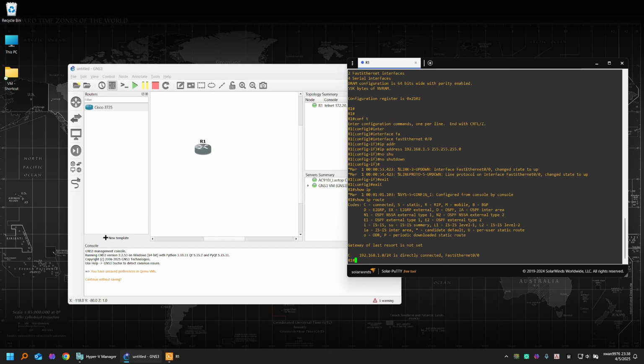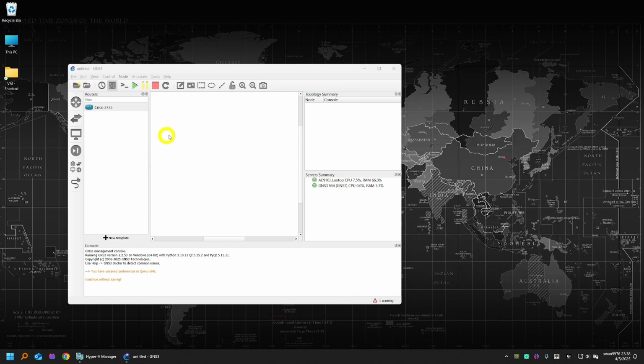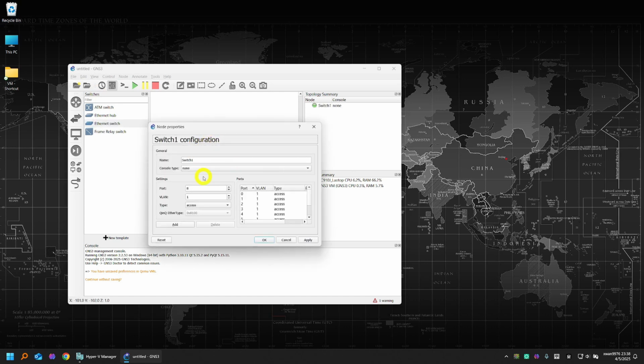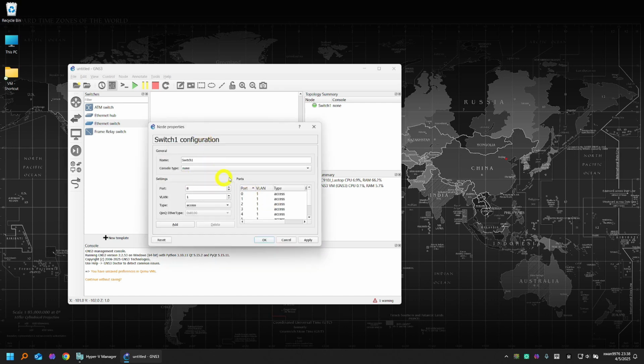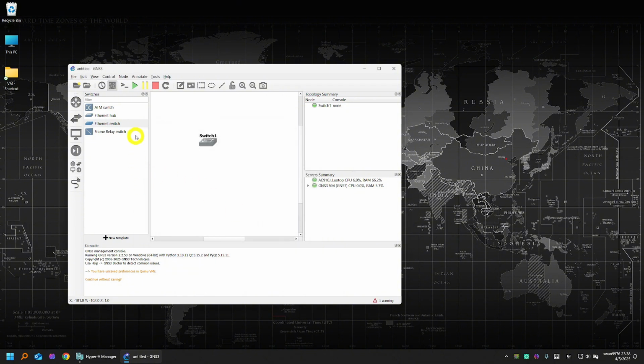Okay, next step, I'm gonna import the Juniper image. And before that, you can see there are different categories here. Switches is here, and there are different kinds of default devices here. And this is actually a hub. You don't need to configure that. It's a bridge. You can use this to connect different devices